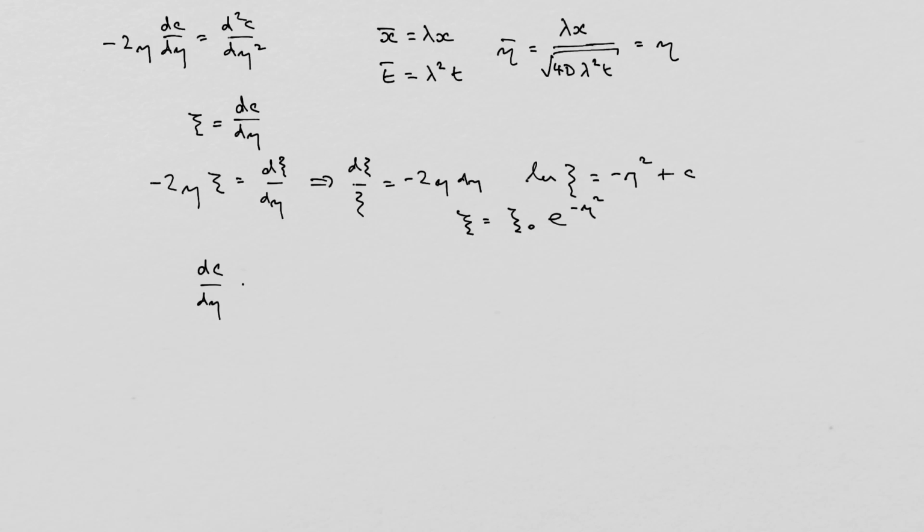So dc by d eta is psi naught e to the minus eta squared. Therefore, c is, let's call that k, just to avoid any confusion, plus eta naught, the integral from 0 to eta, okay, of that dummy variable. So I'm just integrating it up now,